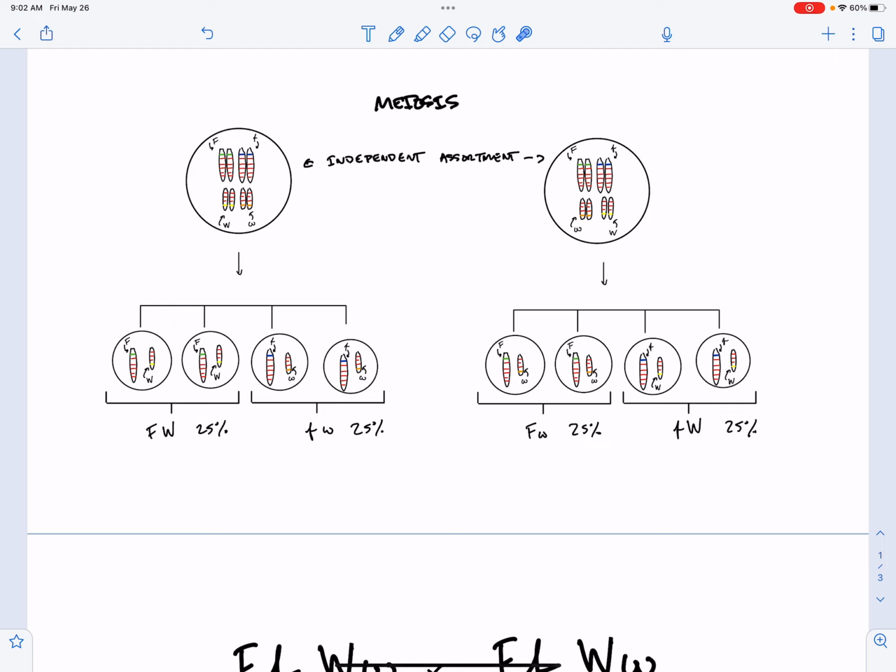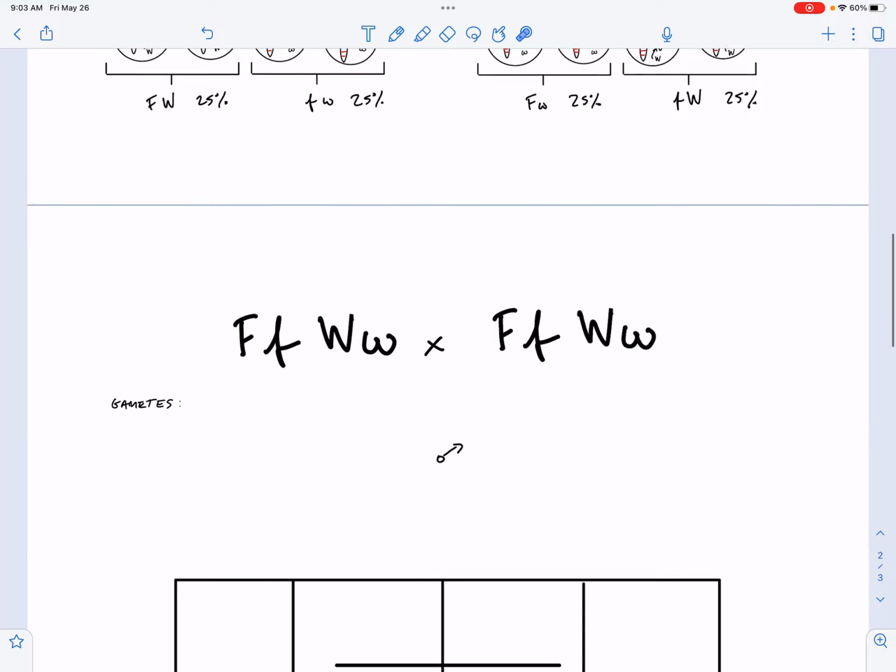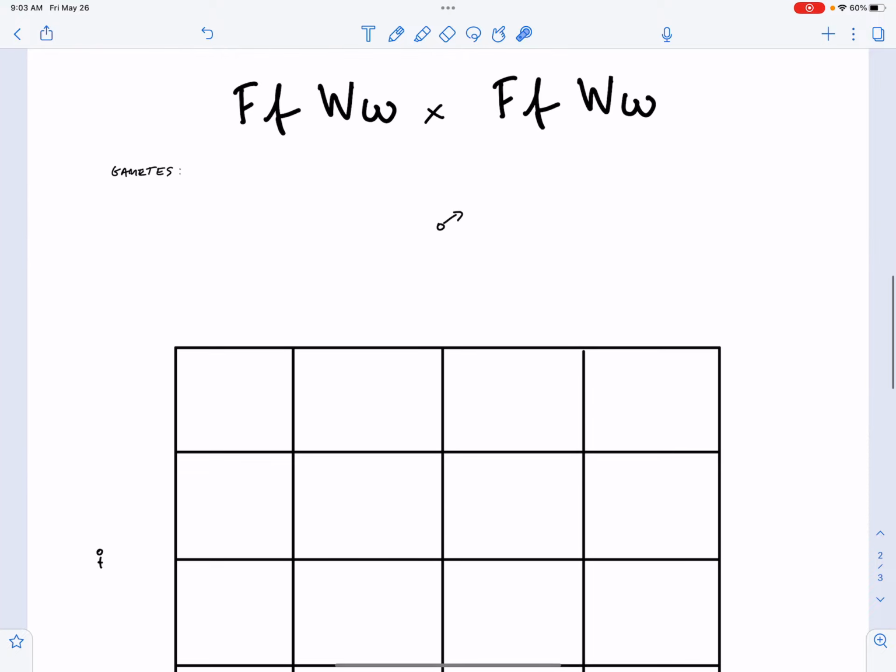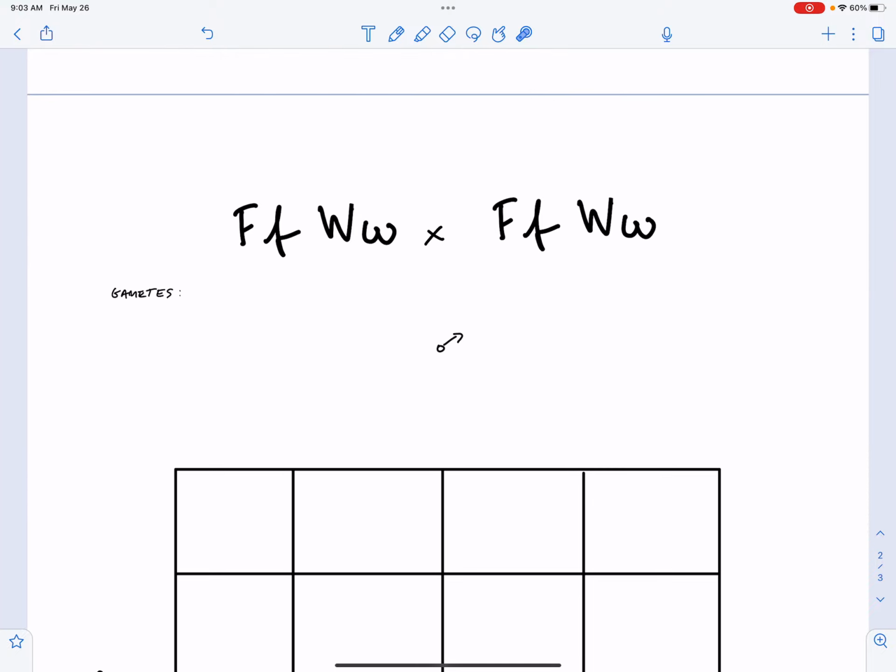That's called linked genes, and that is not for the screencast, but if you're interested, you should look it up. Okay, so now we are going to perform a dihybrid cross where we look at two individuals who are reproducing